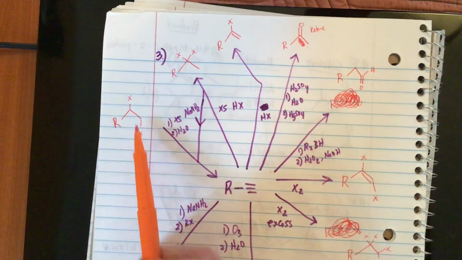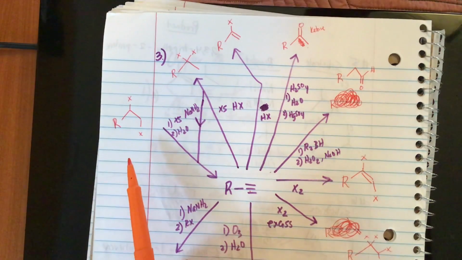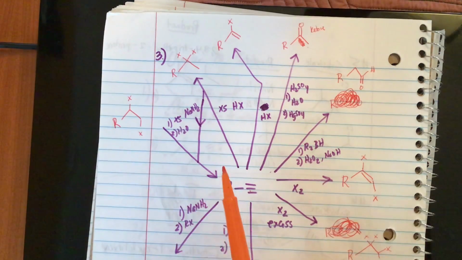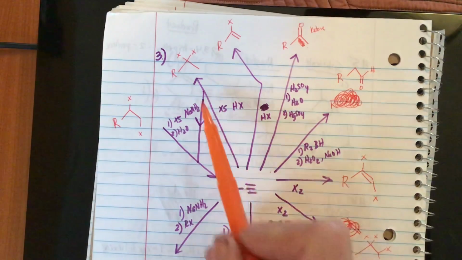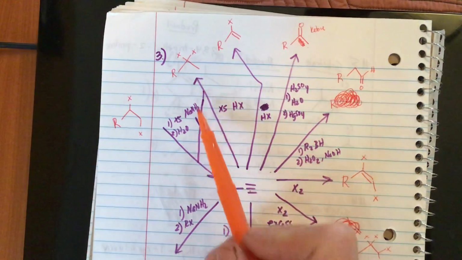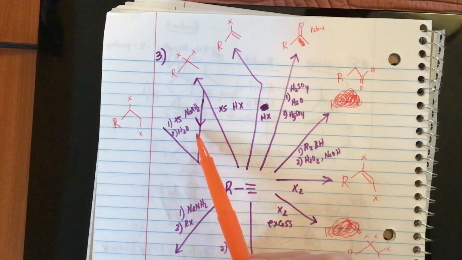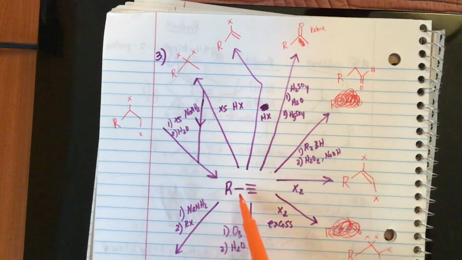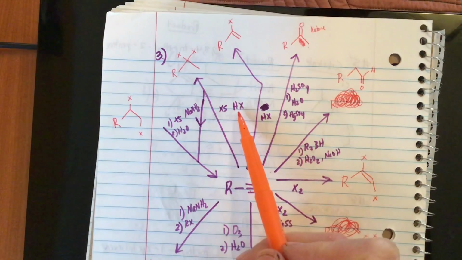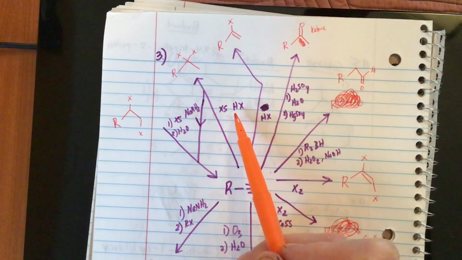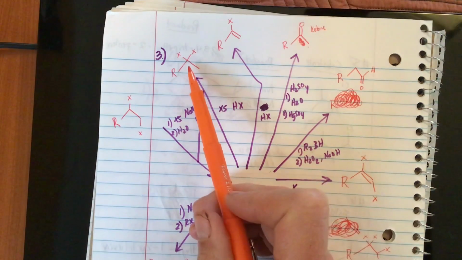So X being, I would say any halogen, chlorine or bromine or iodine. And the next one, we got 2 arrows, so it's going this way with excess strong base to give us the terminal alkyne, or going this way with excess HX. So the answer that I have is this